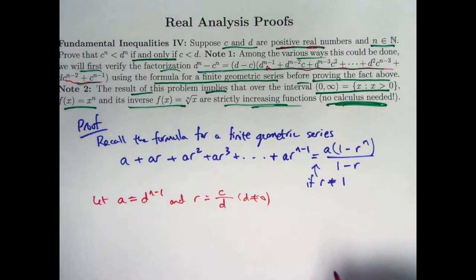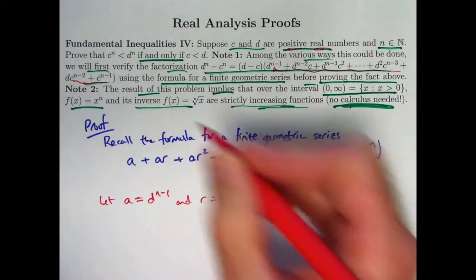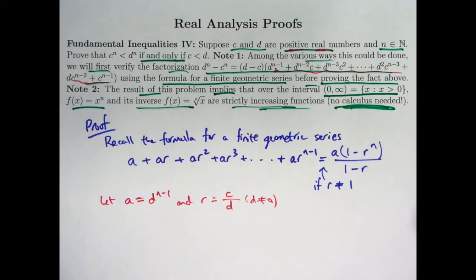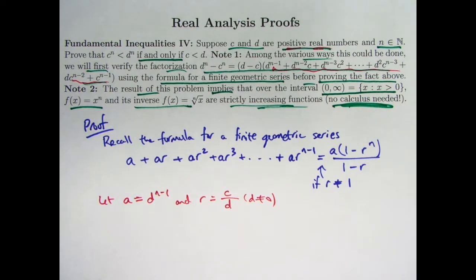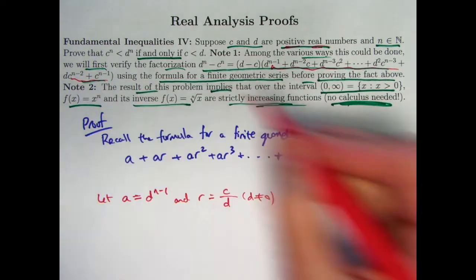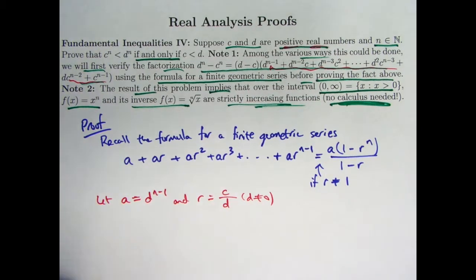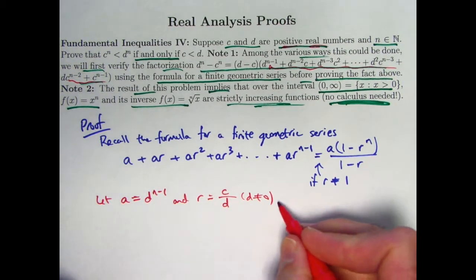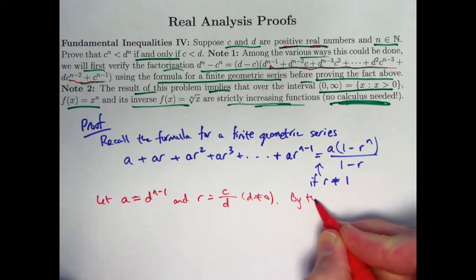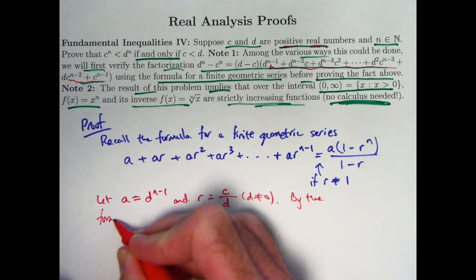I also don't want R to equal 1. In the proof, C will be less than D, so R will not equal 1. Though this equation here for this factorization is true when C equals D anyway, because then both sides are 0. By the formula above,